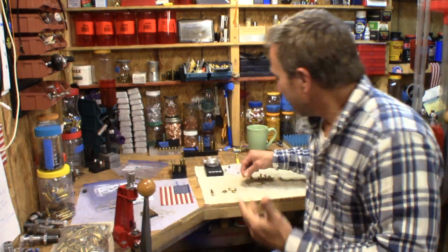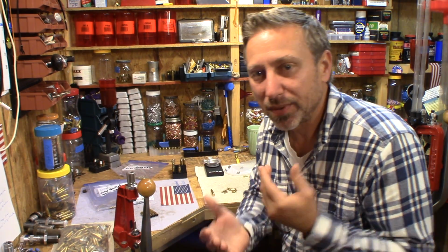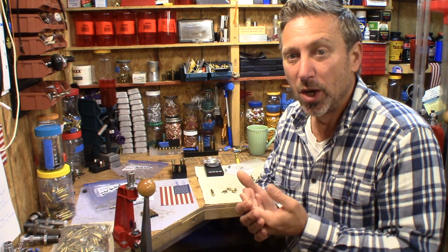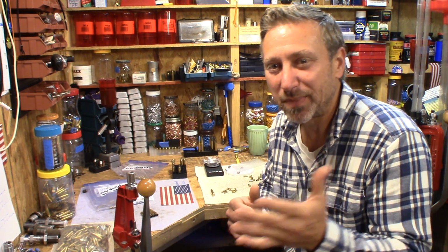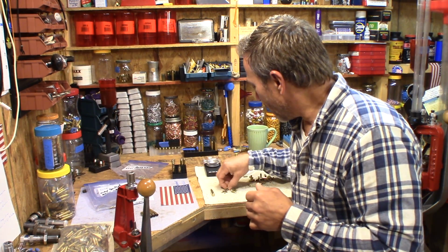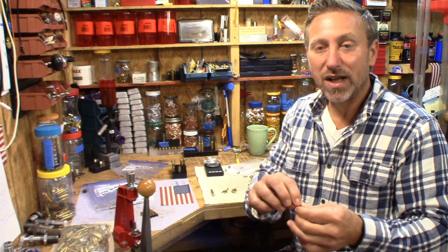So anyway, what I done was, I made up a couple of different loads and shot them on a target, shot them into ballistic gelatin. Psyko Klown wanted me to take a look at these bullets, see what I thought of them, and kind of report back to him on what everything looked like, especially in the ballistic gelatin. So one of the things that he was concerned with was, when I showed you this